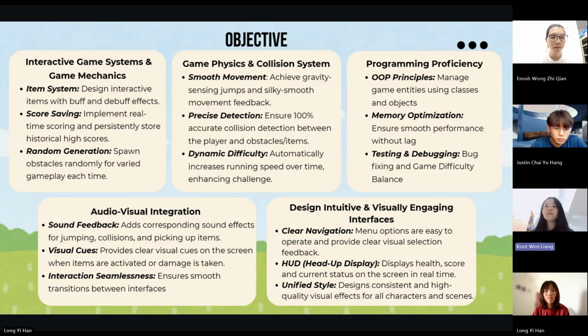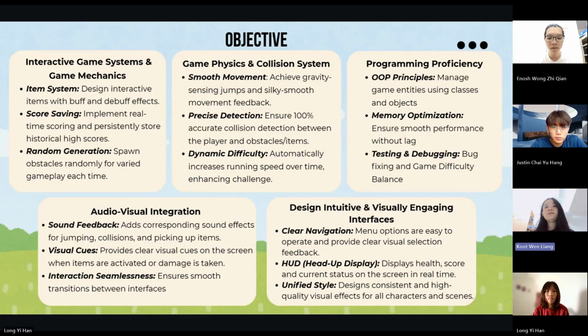Fourth, we will enhance the experience with immersive sound effects, music, and polished visual feedback. Finally, underlying all of this, we are committed to writing clean, efficient, and well-structured code using professional development practices, making this project both a compelling game and a robust showcase of technical skill.